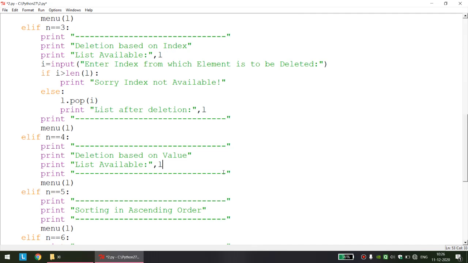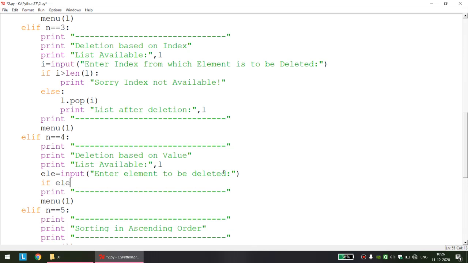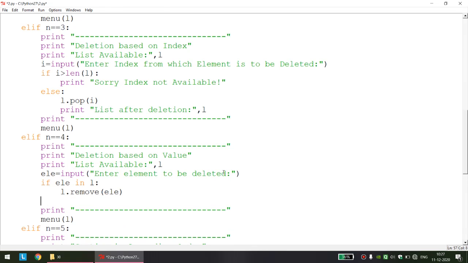Okay, we will do this coding quickly. I will ask the user which element to be deleted. Let us say ELE equal to input, enter element to be deleted. Correct. Now again here we will check whether that element is there or not, and how to check. If the element which the user is entering is there in list, then only I will remove. And what is the code of remove? List name dot remove element. If element is there in the list, then only I will remove, else I will print a message that